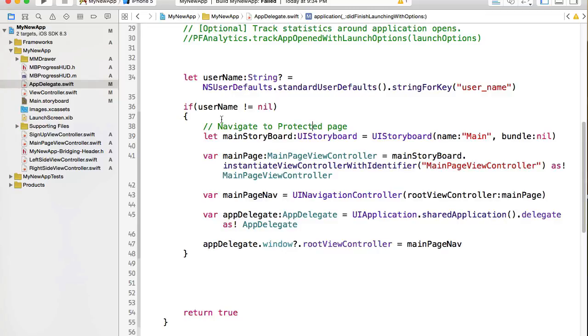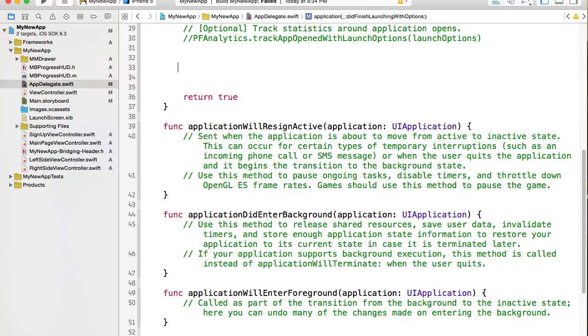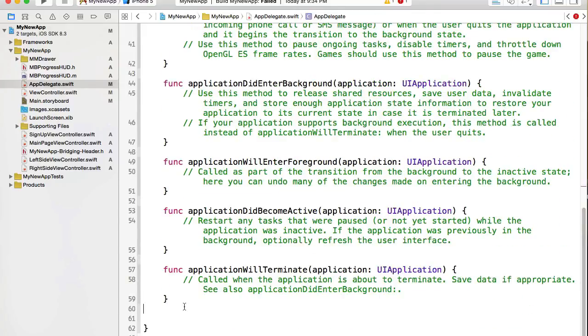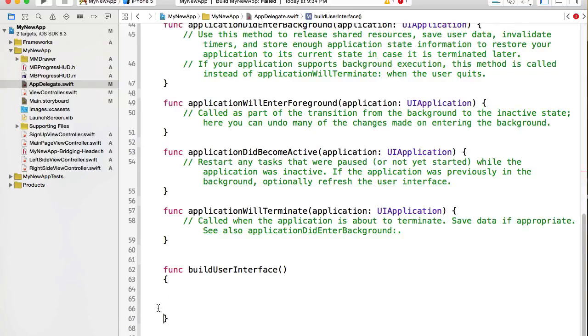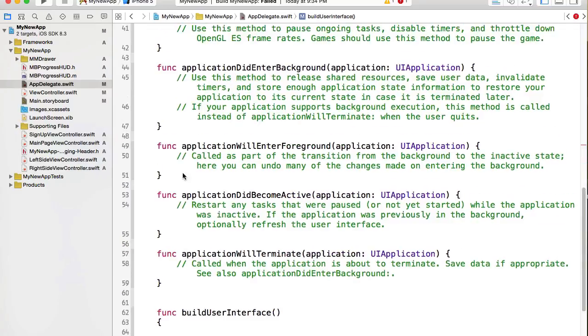So first of all, I will take this all out of here. And I will create a new function called something build user interface. And then I will scroll down and I will declare a new function build user interface, and I'll use this code in here. Okay. Yes, but we will need to edit this code